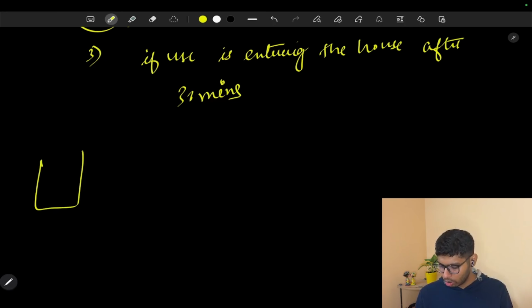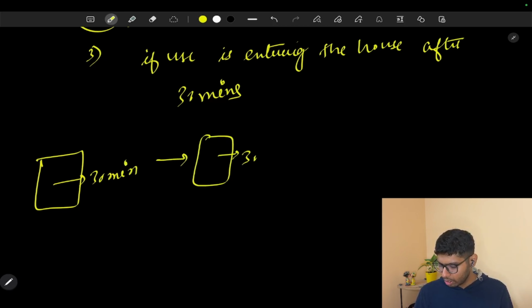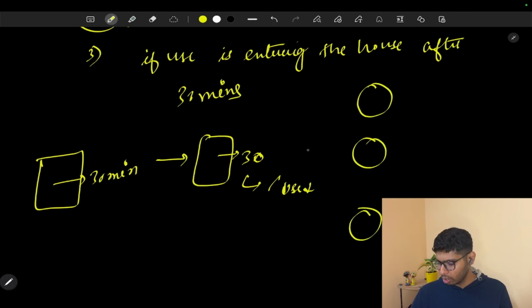User presses the notification button, saying they will be home in 30 minutes. The call will go to the server. We will say the 30 minutes. So it is going to be connected with some Z node like user 1. The user 1 Z node is going to be present, and all the services that are looking for the user 1 Z node will get the notification with the data 30 in it.